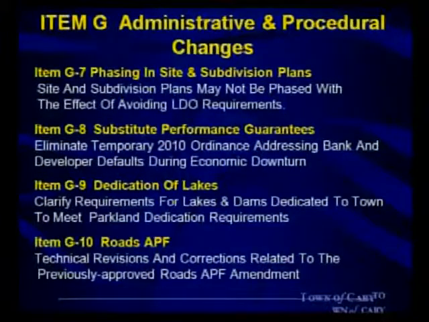Item G7 just clarifies that site and subdivision plans can't be phased in a way that would have the effect of avoiding LDO requirements. Item G8 would eliminate the ordinance that was approved back in 2010, where we had a substitute performance guarantee section set as a temporary ordinance while we were having an issue with bank and developer defaults during the economic